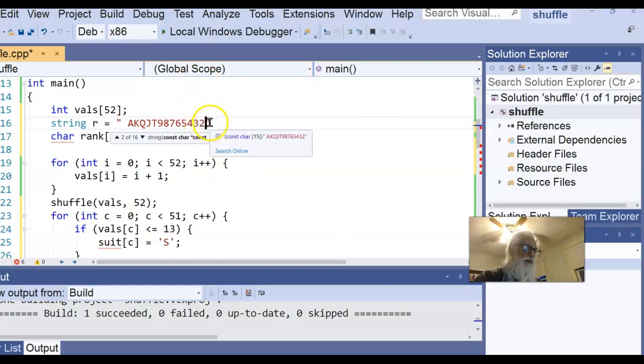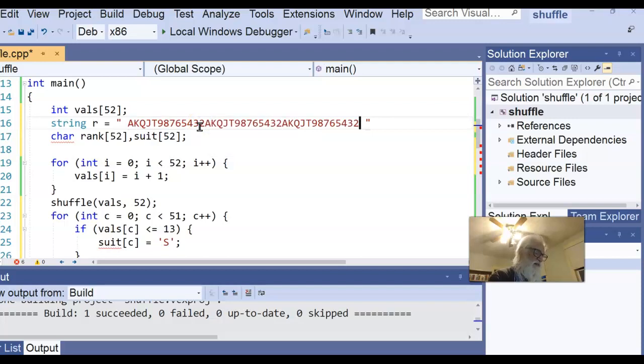And I'm going to copy this and put it again, and again, and again. If you look carefully at what I have there, I have the ranks